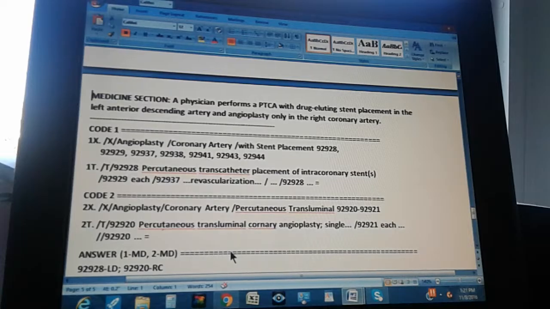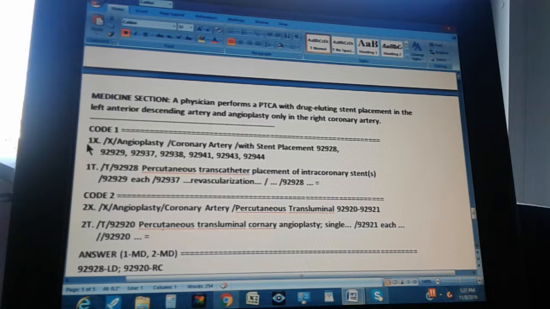All right, this is the description of the whole problem. It's a medicine section. A physician performs a PTCA with a drug-eluting stent placement in the left anterior descending artery and angioplasty only in the right coronary artery, right? There are 2 codes. The first code